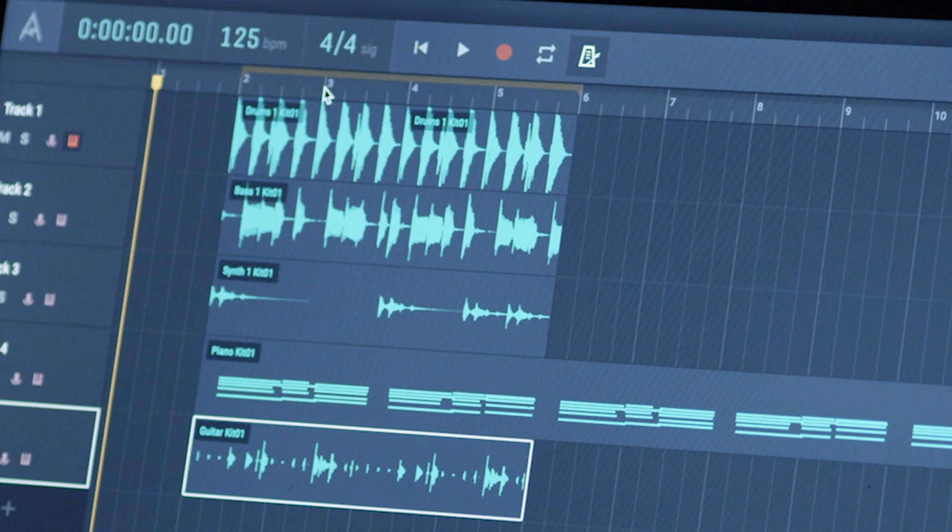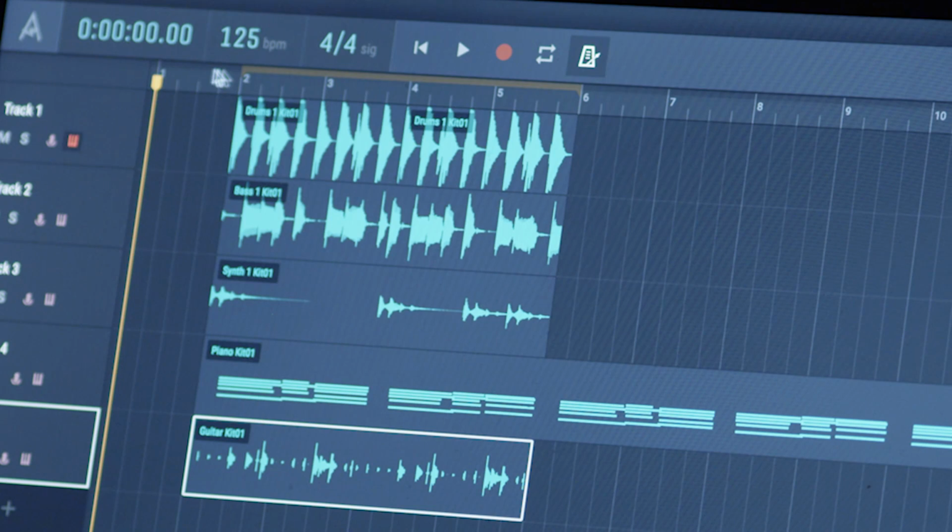And lastly, you'll see next to that it says 4/4. That's the signature for if it's a 4/4 bar. If this was a waltz, then you would change that. Next to that is the tempo. It always starts at default of 125